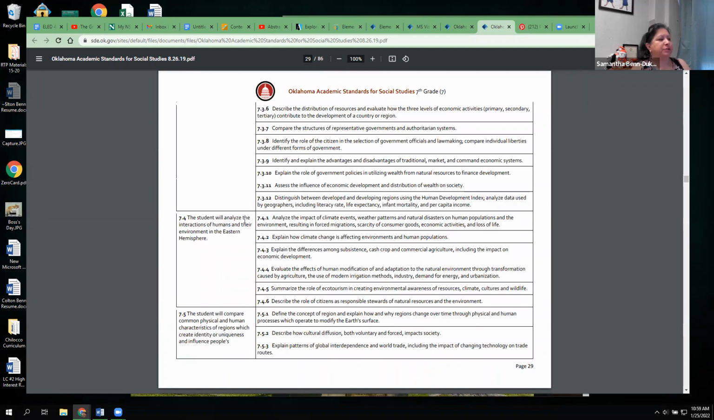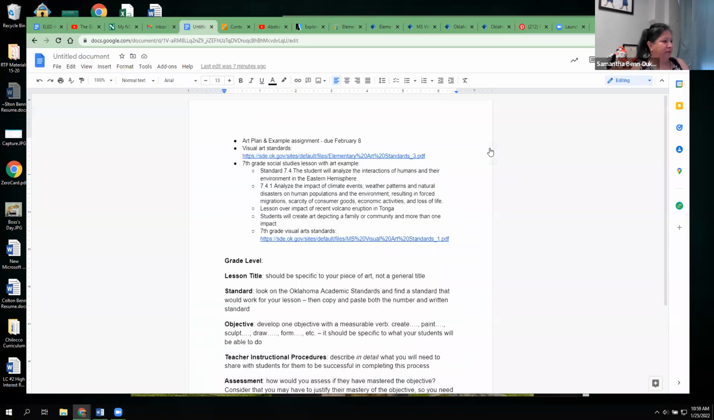And look at this one. Student will analyze the interactions of humans and their environment in the Eastern Hemisphere. Well, we are in the Western Hemisphere, but Tonga is in the Eastern Hemisphere. So that fits very well with our 7th grade standards right now. So I know that this is going to be my broad standard. And then from that, I narrowed it down to